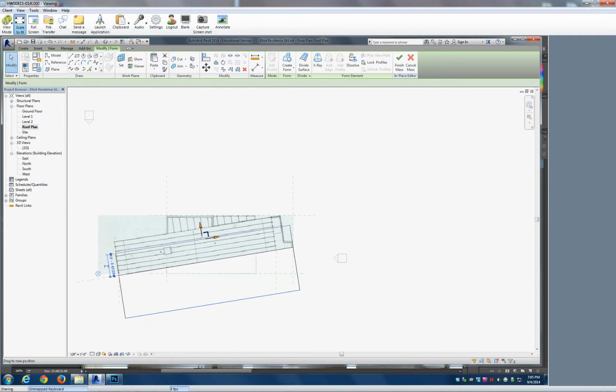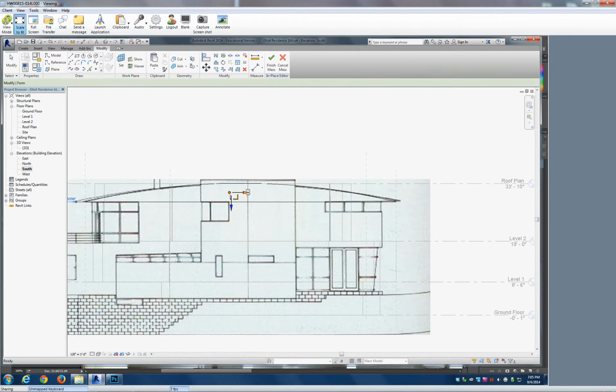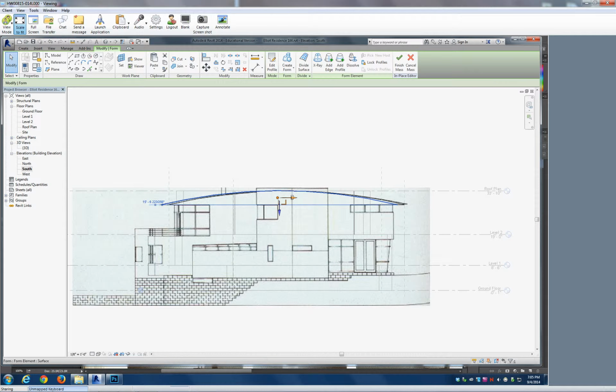Well, it looks like I grabbed the wrong part, I guess. I went too far. My building got too big. I grabbed the wrong reference plane when I scaled it. But I'll let you fix that one. I should have scaled it to here. But I can grab the roof. Yeah, I just might as well just